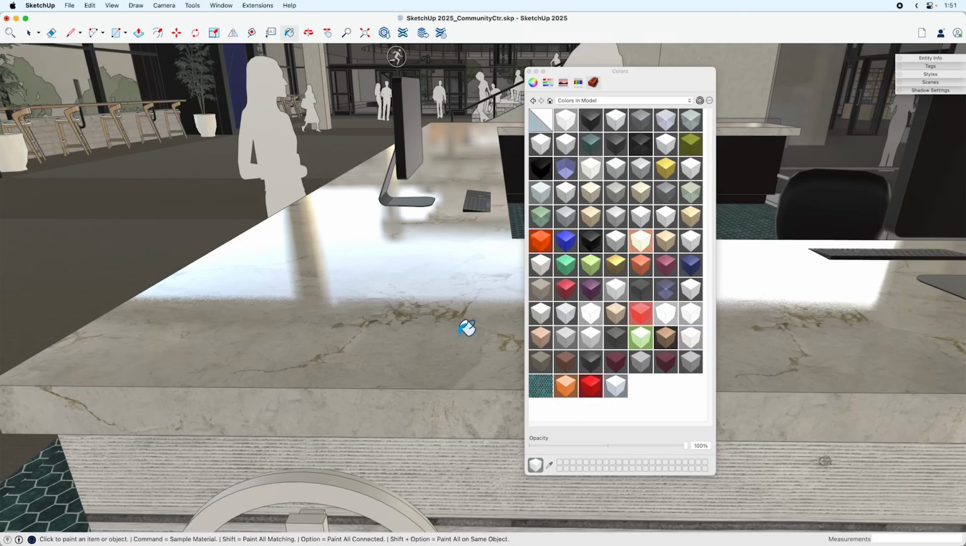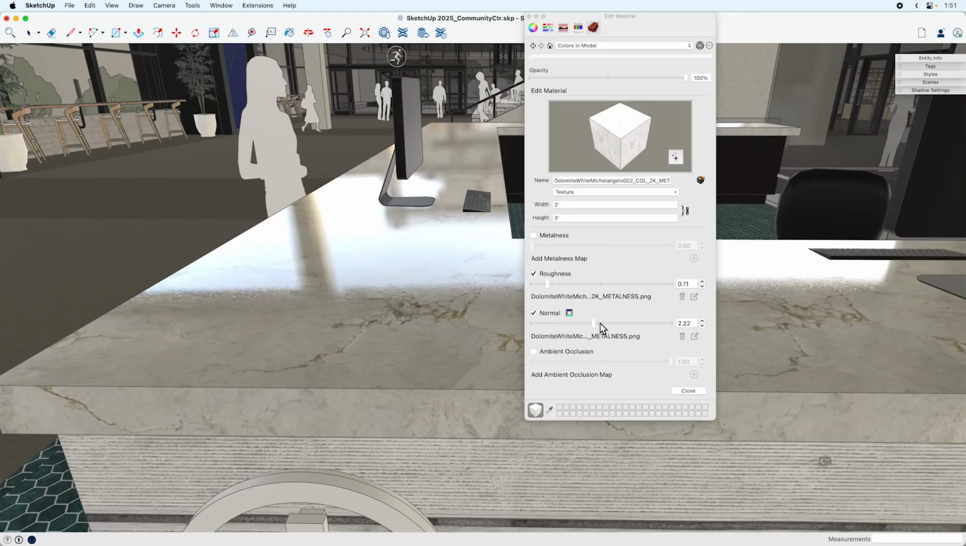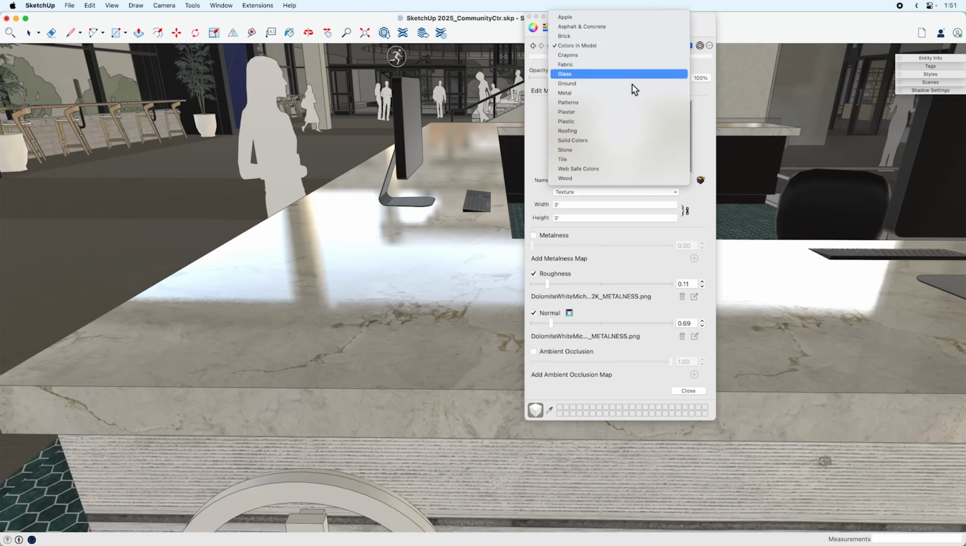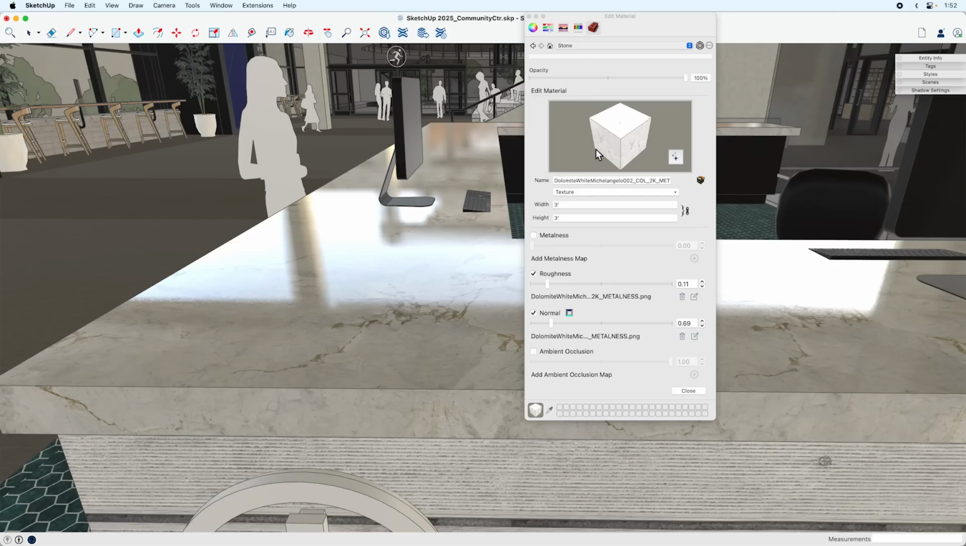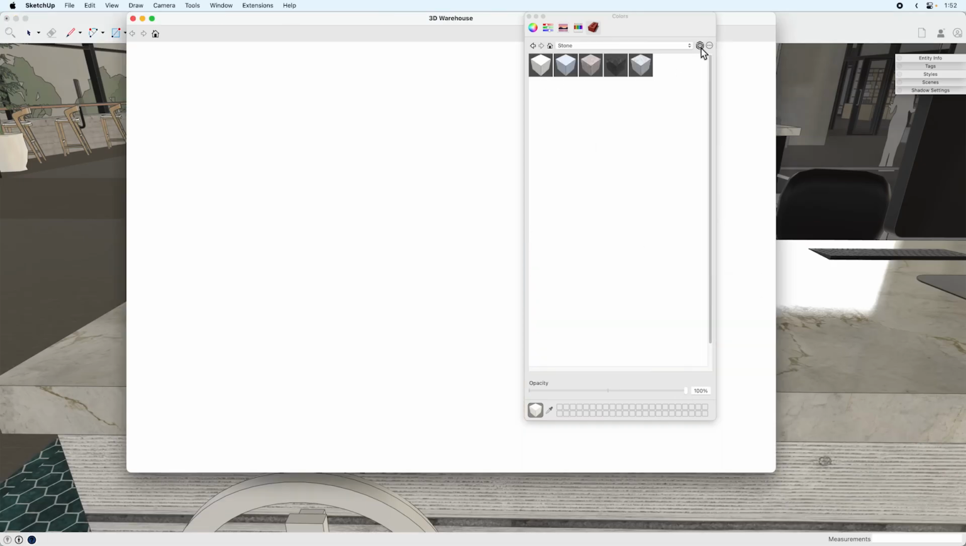But when I edit one of these materials, you can see this is at the top where the texture goes, the traditional SketchUp texture, and then there's industry standard maps, or kind of references to image files for different properties that the renderer will use to change how materials react to those environments. So there's metalness, roughness, normal, ambient occlusion, and all the materials that come with SketchUp have those maps already pre-applied. So here, I'll get out of this, and you can see a number of different stone materials for my countertop